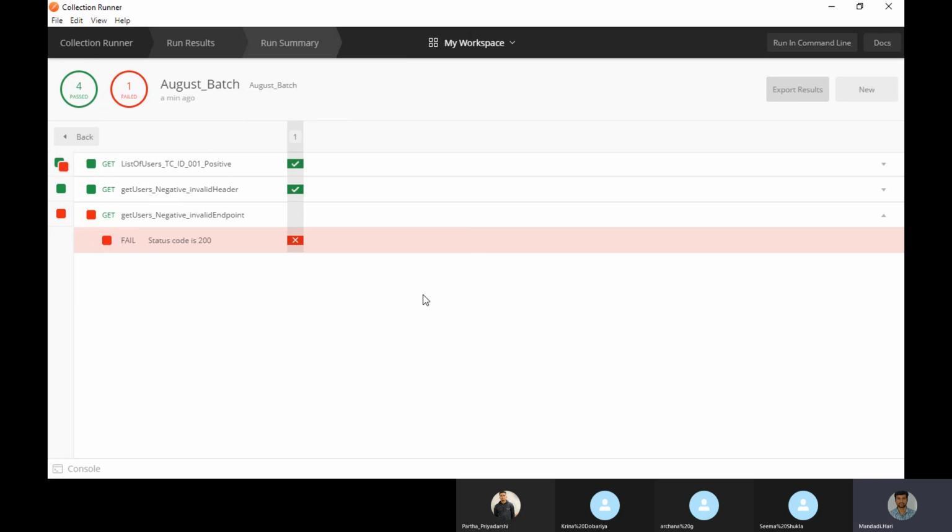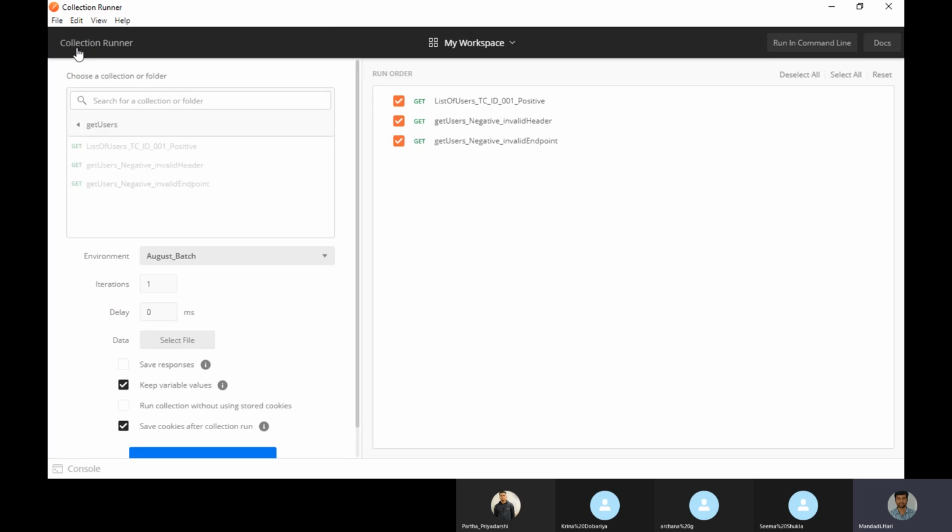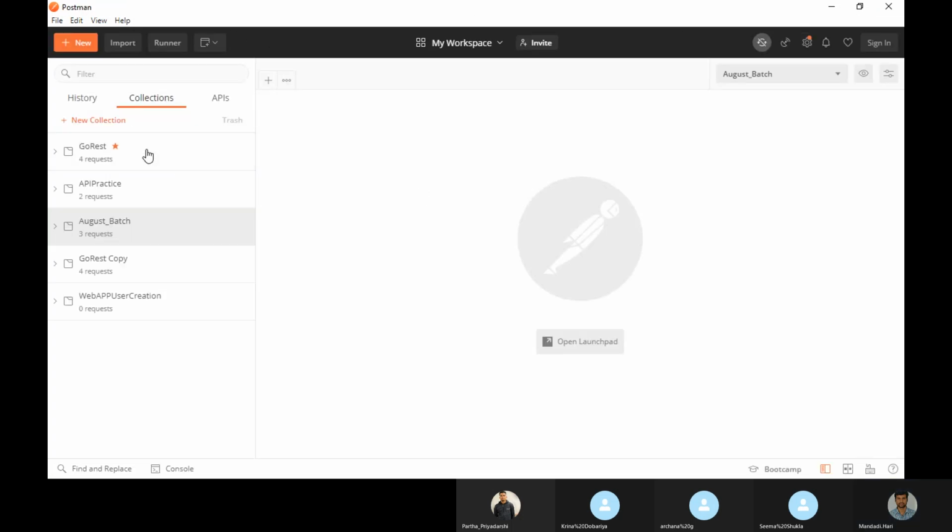However, I will send you one collection. In the same way, you need to send the JSON file to someone to see it. So we see the results like this. In run summary, you can export results. That's how we do it. If we do a collection run again, it will come down. This is a separate collection runner. You can close this, and I can go back to Postman. So that's how the results work.